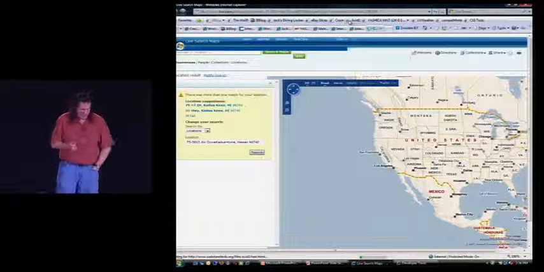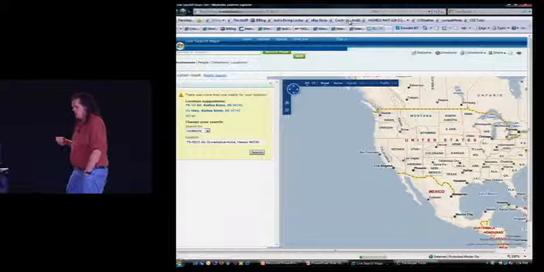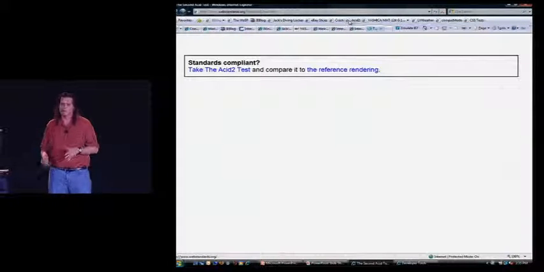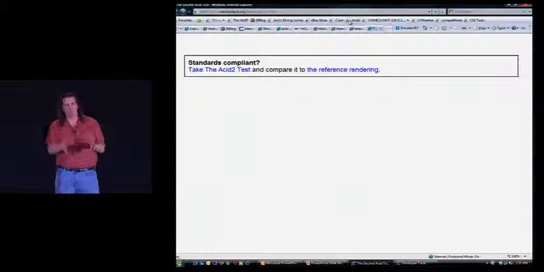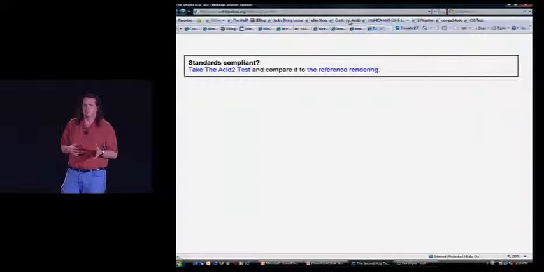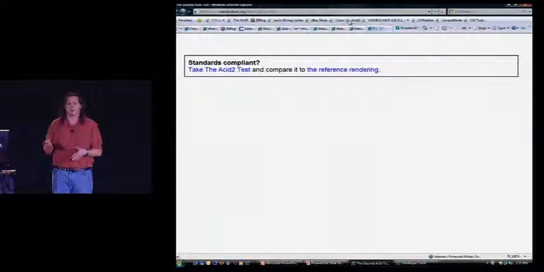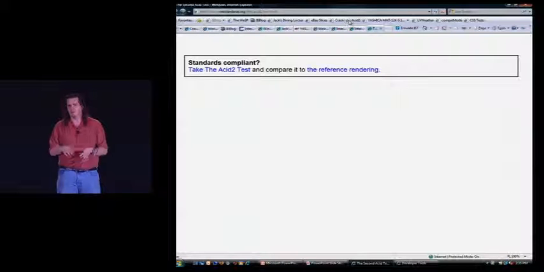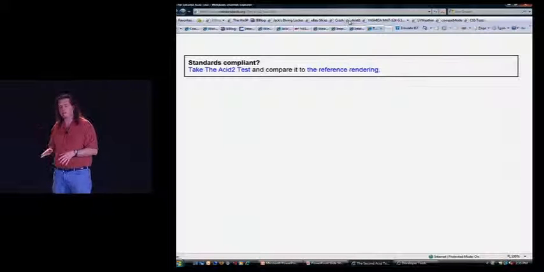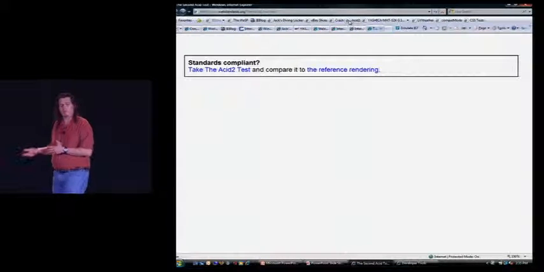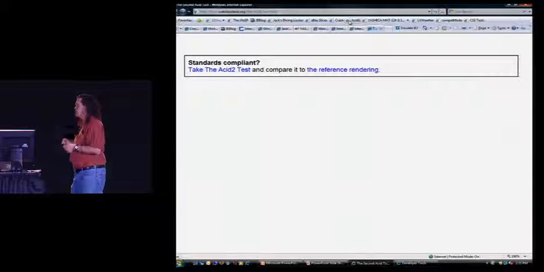One of the challenges that I have with the ACID test series is, two things. One of them is I'm really focused on how we make sure that we do the standards that we do well, to the point where we can actually walk away and say, okay, it should be interoperable now, and anything after that is minor bug fixing. And the ACID tests are somewhat opportunistic about choosing different parts of different standards because they're combining a set of compliance testing, if you will, although they clearly state they're not compliance tests, with prioritization of what standards we should focus on. One of the examples is in IE8, it's actually up.